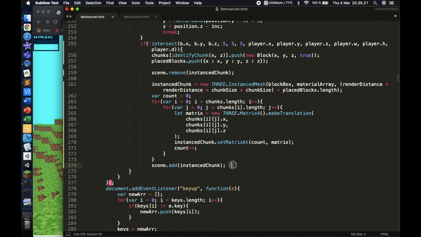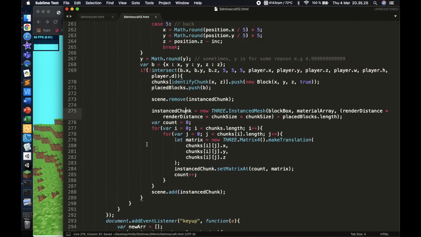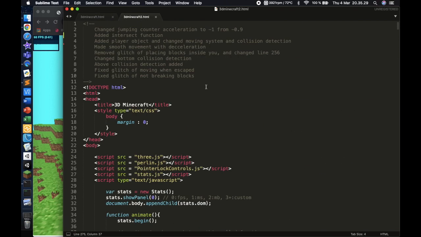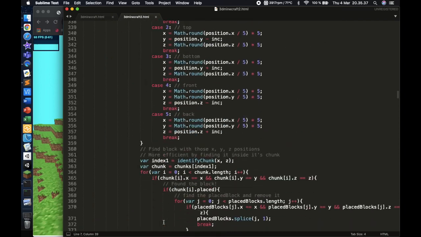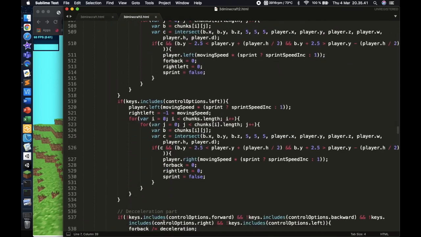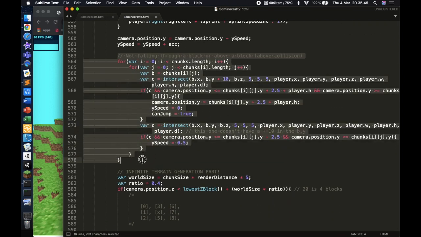Okay, and then I also have to close it over here. So that was that. The next glitch is to change the bottom collision detection. Okay, so I did change that. So if I go over to the update function again, below the deceleration part, if I go to not falling through a block, okay,